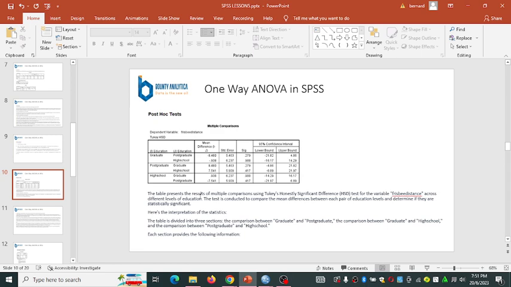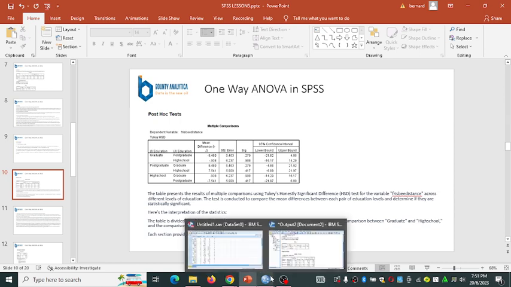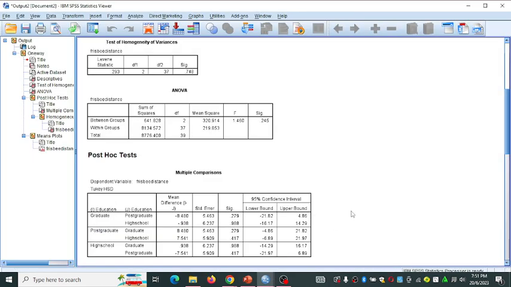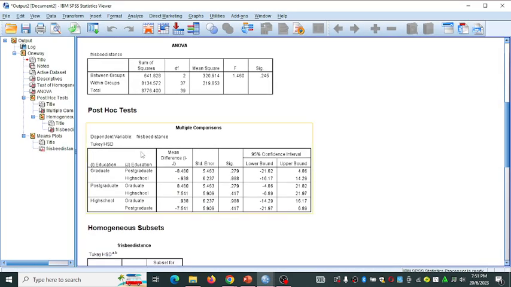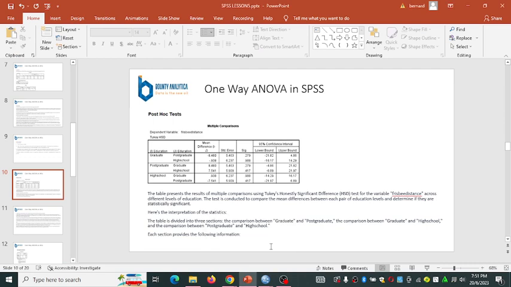Another one is the post hoc test. Post hoc test. This test here. Let's see the documentation that we have here. So this table